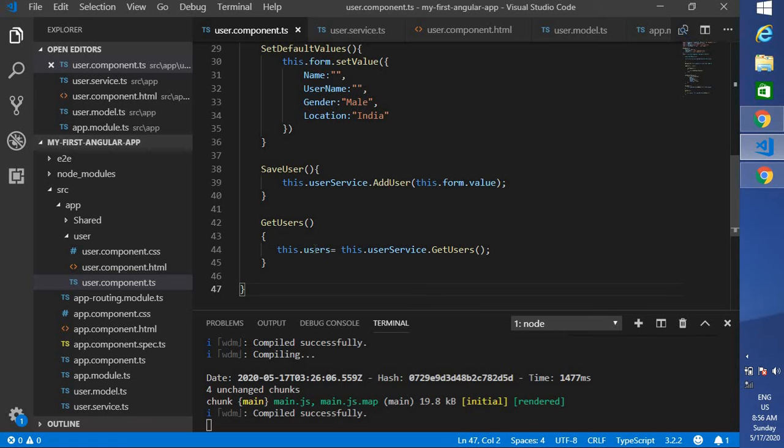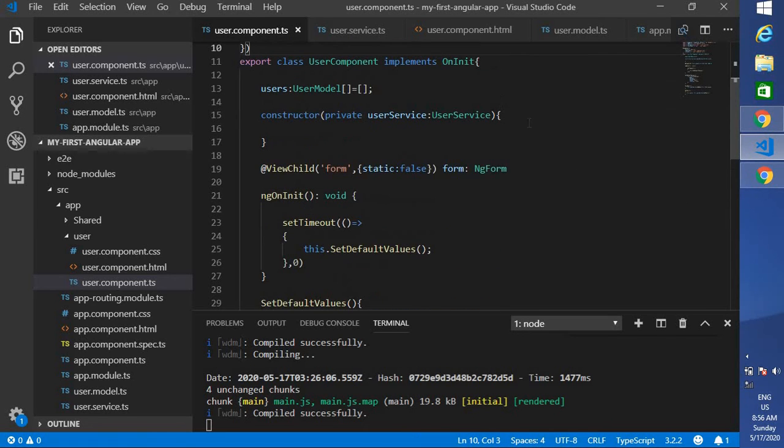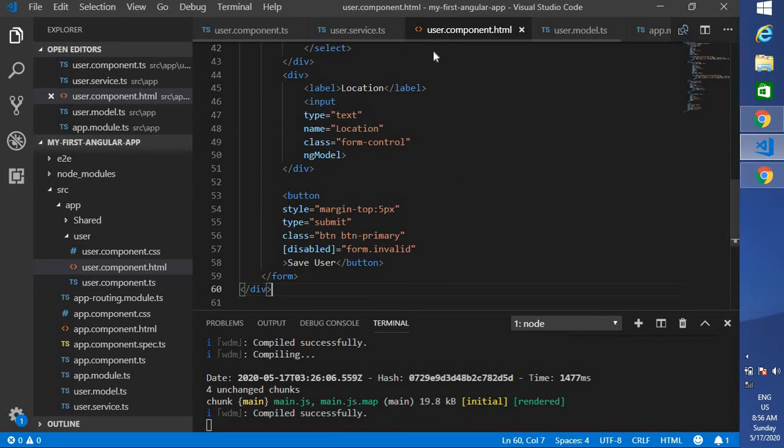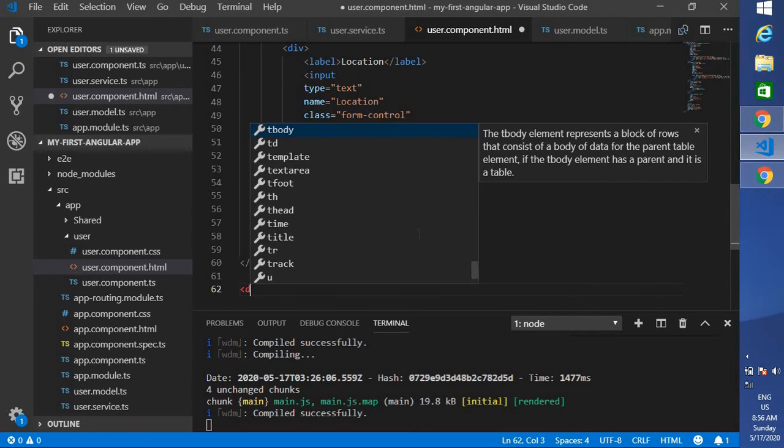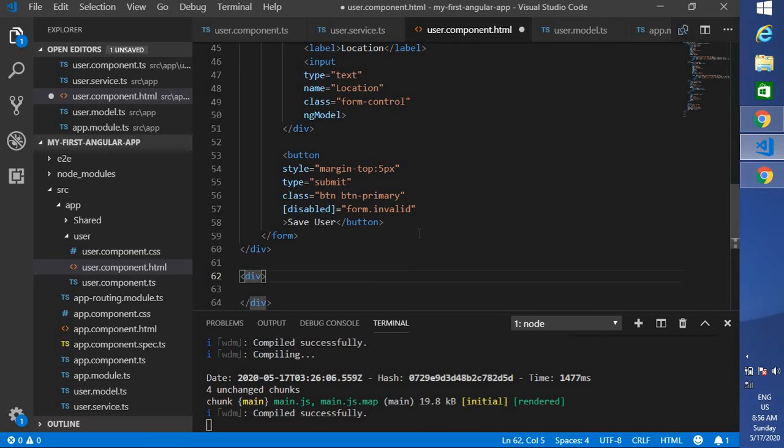Now we have this user, but how will we display it to the UI, right? Let me use a structural directive, ngFor. After this div ends, we will write one more div and we will write ngIf: if user is present, then load this one.